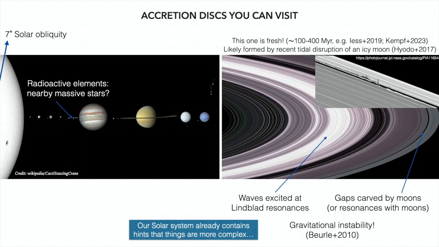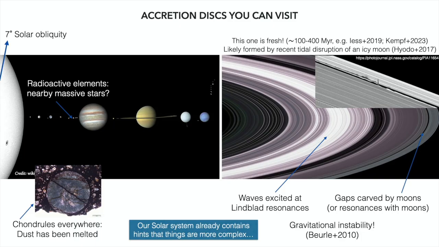Anything else? Well, okay, so there's lots of hints in the solar system that things were a little more violent. So for example, you have radioactive elements which are short-lived, which presumably were spewed into the interstellar medium by nearby massive stars. You've got some really weird phenomena, like the fact that all the dust you find in meteorites has been melted. Meteorites are defined as being chondrites half the time, and the ones that aren't chondrites are just because they've been melted inside asteroids. But the fact that dust is melted is actually quite hard to do.